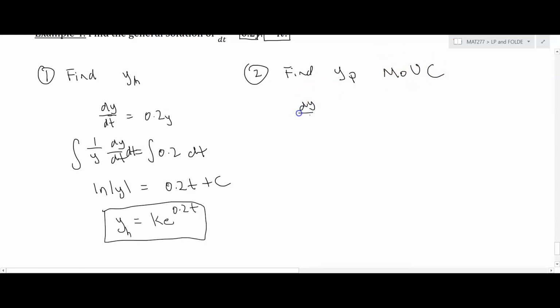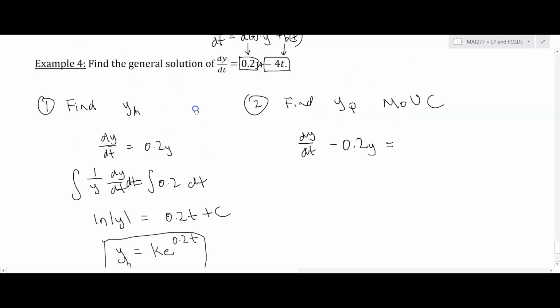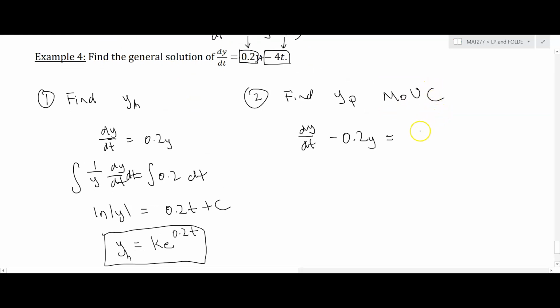And so here is my equation. Again, I'm going to move the y term over. You don't have to do that. You could leave it as is, but I'm going to leave the negative 4t here. Now this one's a little bit different because when I read this, I see that if I take the derivative of my solution and I subtract away 20% of that solution, I should end up with a linear function, negative 4t. But the problem is that if I take y to be a linear function, its derivative is a constant